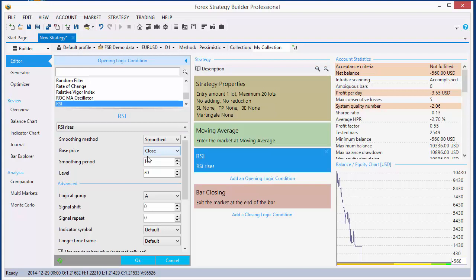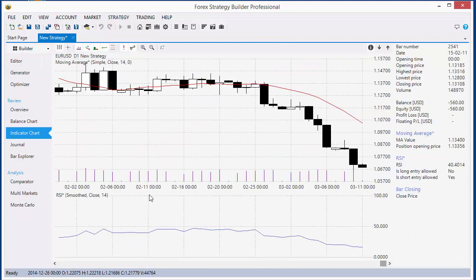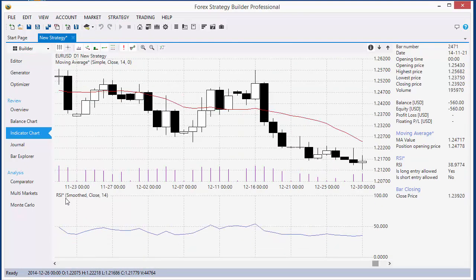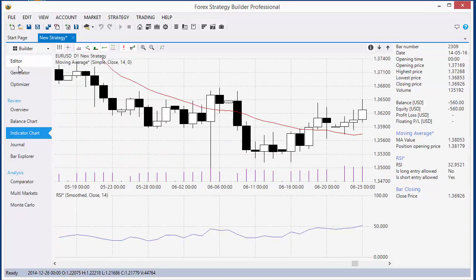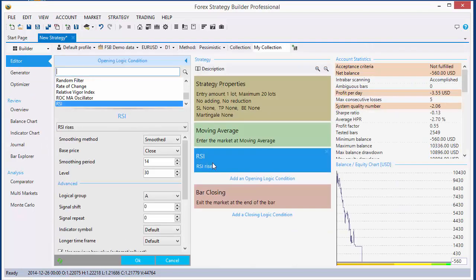indicator. We know that the RSI indicator changes from 0 to 100. Let's accept that and go to the chart. This is the RSI indicator. It can change from 0 to 100, and the line is 50. This is the value of the indicator. How can I use the RSI indicator? For example,